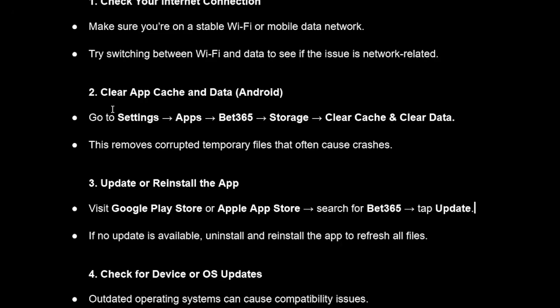Next is basically just clearing cache in your settings. So go ahead to the apps, find Bet365, and then once you open it, you should be able to see a clear cache. If you press on clear all data, it's going to reset everything. You're going to have to log back into your account. It's not going to get rid of details in your account, but it's going to reset it to technically when you first downloaded the app. But once you do that, it could help remove corrupted temporary files that can often cause